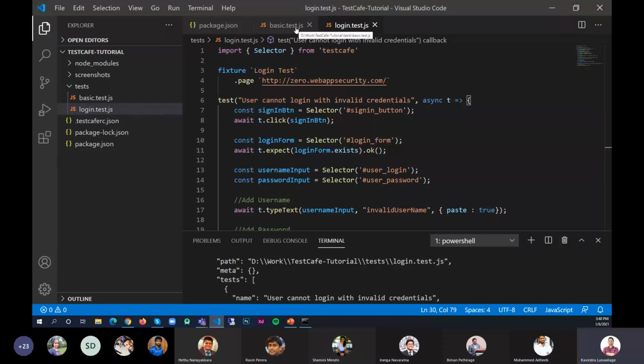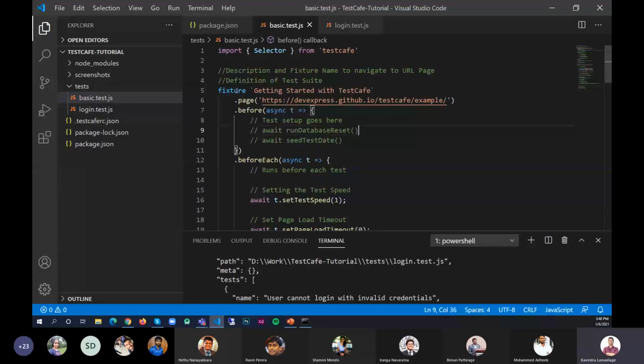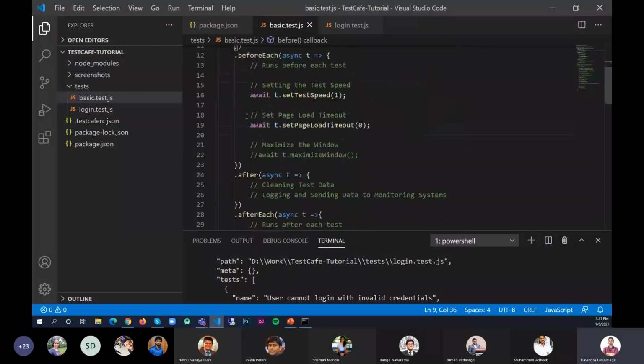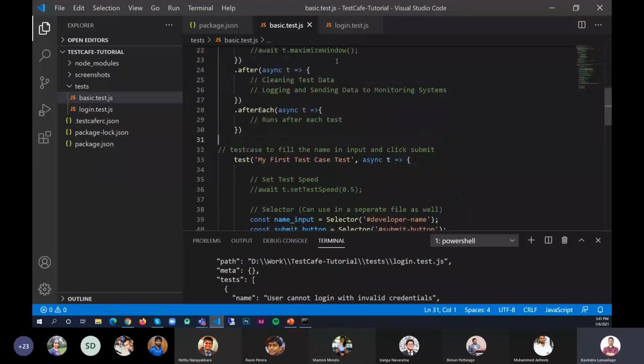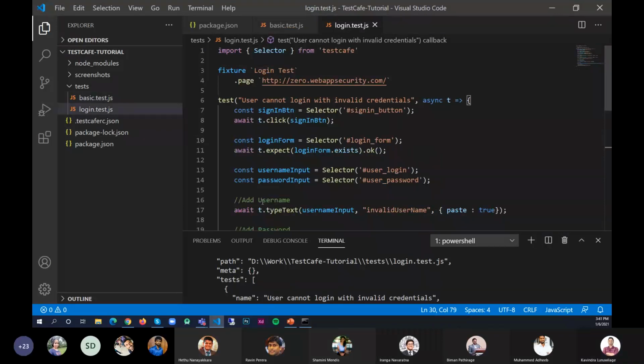If you are going with page object model, make sure to create the fixtures, test hooks, test functions, and assertions very carefully. If you are writing to get application testing done very quickly, just use the simple method. So I'll go with this